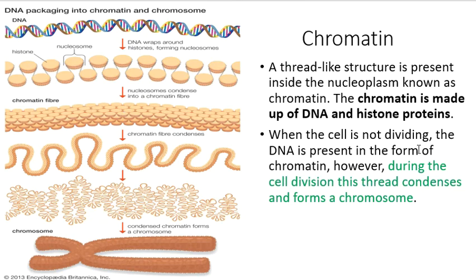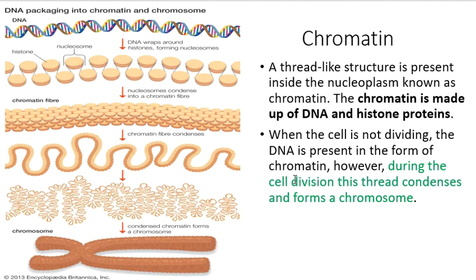Chromatin is the most important structure present in the nucleus. It is a thread-like structure floating in the nucleoplasm or sticking onto the nuclear membrane, and the chromatin is made up of DNA and histone proteins. DNA is a large molecule that is condensed into a small space with the help of histone proteins. A human cell contains about 3-meter long DNA in its nucleus. If you stretch the DNA of a single cell from one end to the other end, it would stand almost 3 meters long.